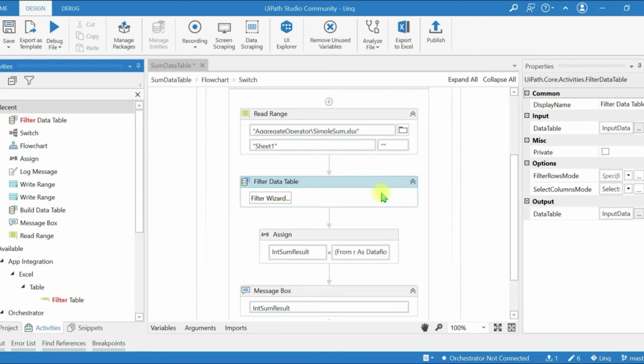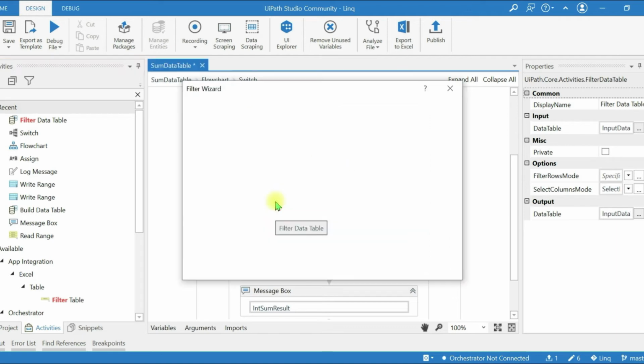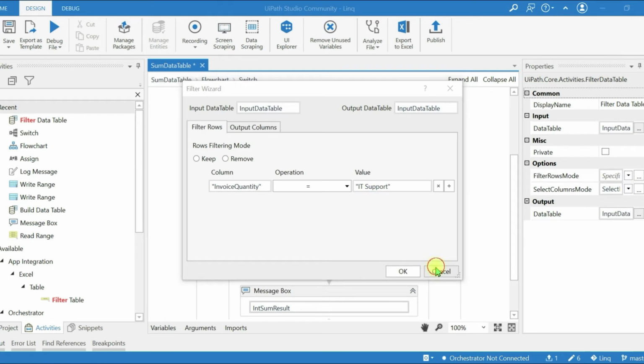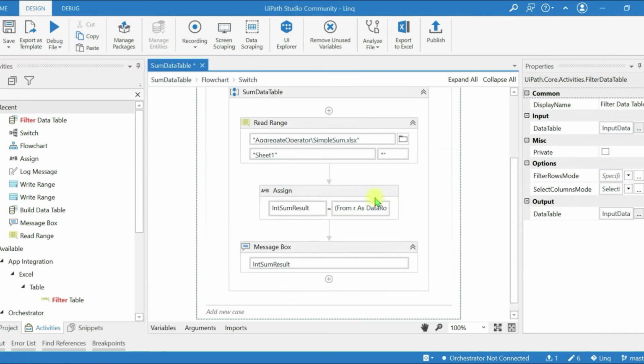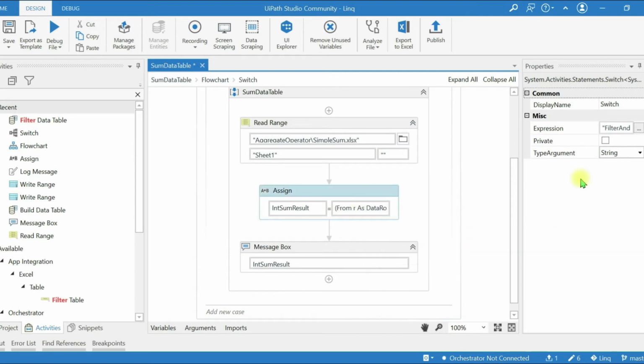So this filter data table will just filter the data based on the condition invoice quantity equal to IT support, and then you will use for each row to add the data. So that we have done in this single line of query.